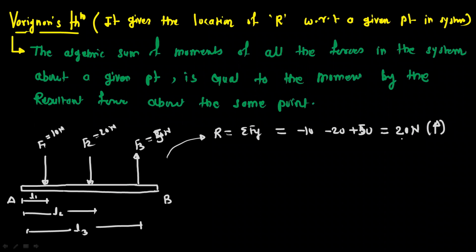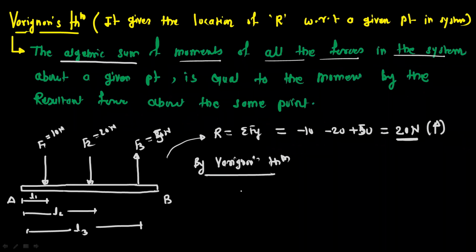Now the question is, what is the location of the resultant with respect to point A or point B? So this can be given by Varignon's theorem. For Varignon's theorem, your first line, the algebraic sum of moments of all the forces in the system about a given point. That means we have to take the moment by individual force about point A, and we have to add all these moments. So by Varignon's theorem, the mathematical equation is the algebraic sum, which is the summation of moment by all the forces